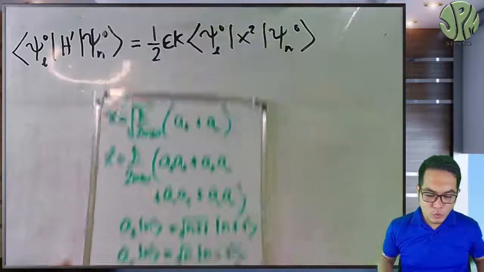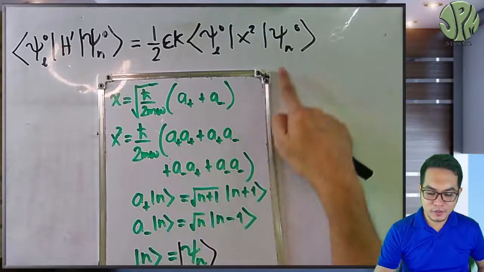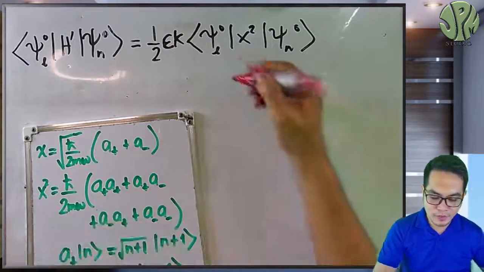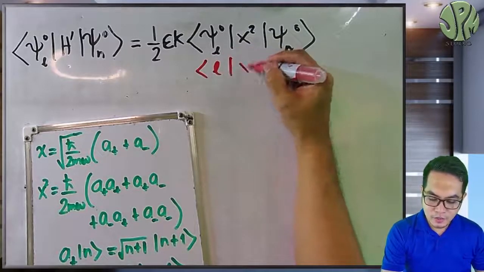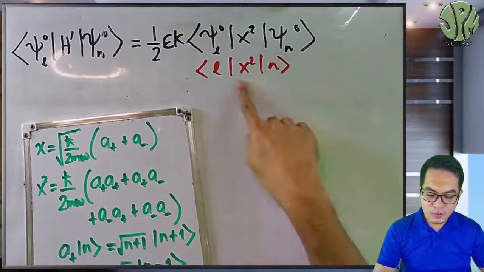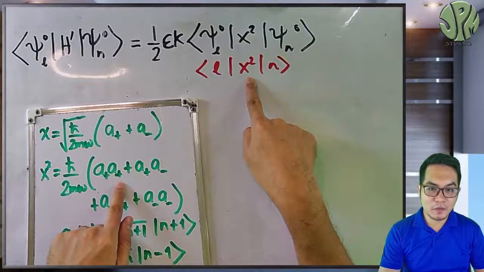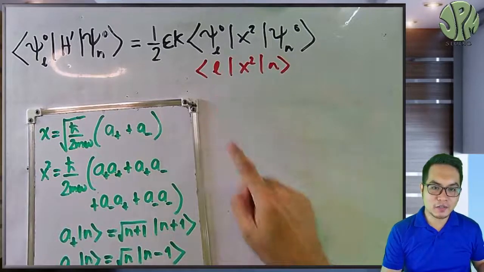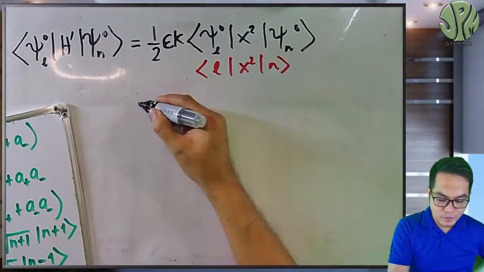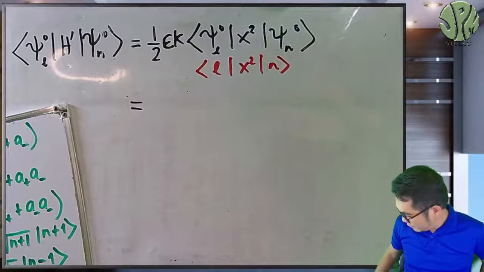Now we use this x squared here, apply it. So you will just change this into shorthand notation, just change this into L x squared n, so it will be easier. So use x squared in terms of the raising and lowering operator acting on n, and then take the inner product with L. And when you do that, I'm just going to leave that as an exercise to you. So you will get